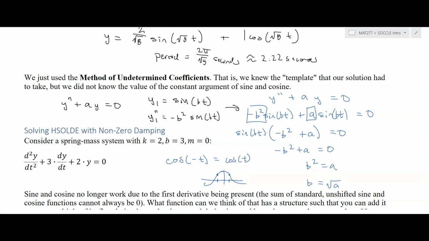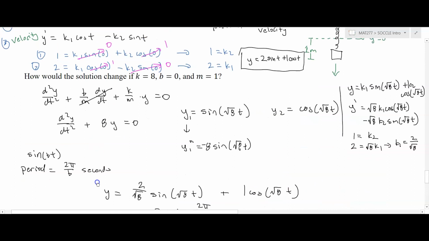So that's why we're not taking the negative value as well. Now we will when we're not dealing with sine and cosine, but for sine and cosine, plus or minus the square root of a is not going to make a difference. So we'll just go with the square root of a. So you can see that the value of b that we're going to need here is the square root of a. And that's why up here we saw that